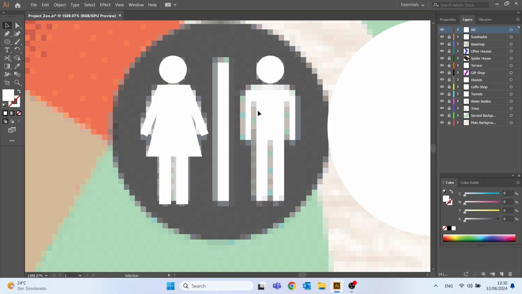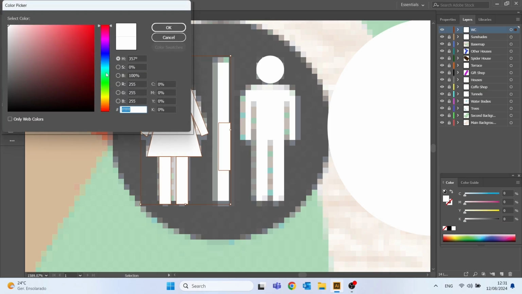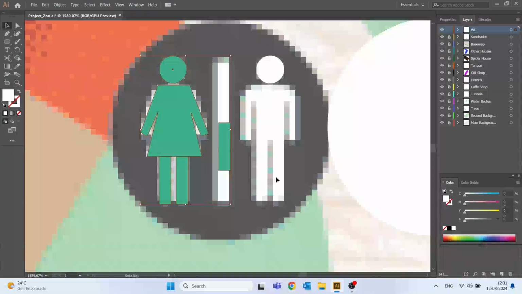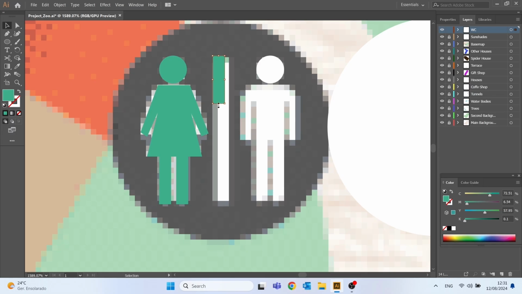Let me now use one of the legs to make this line right in the middle of the circle, this division. I will also change the color of these layers, place these in the middle and adjust the size,